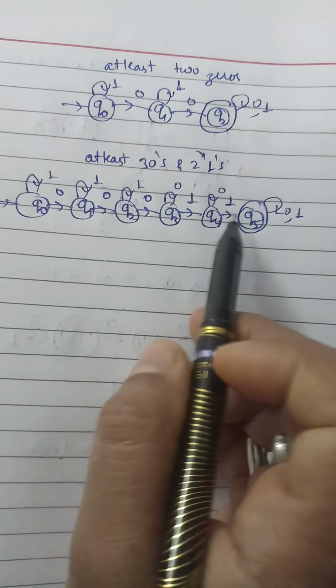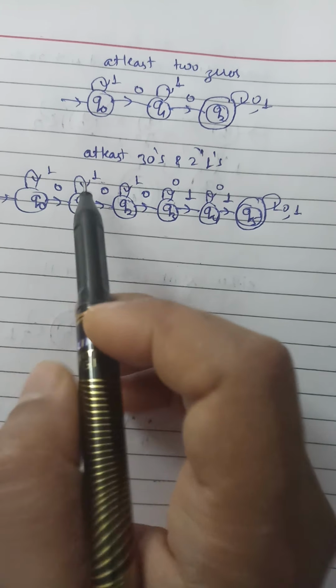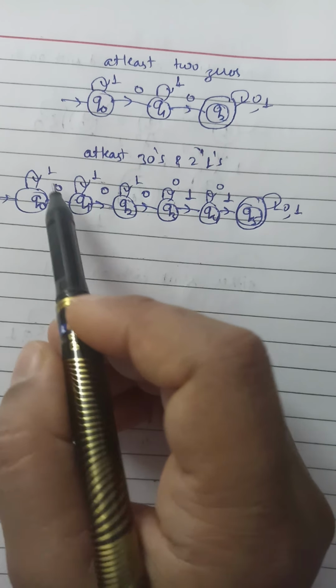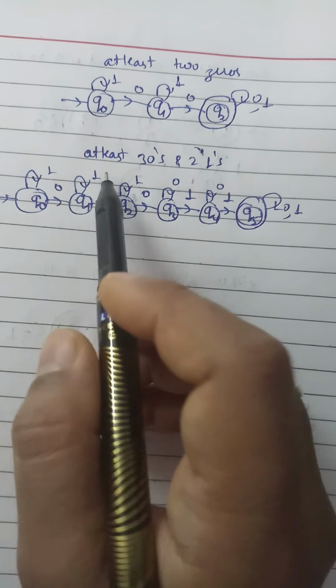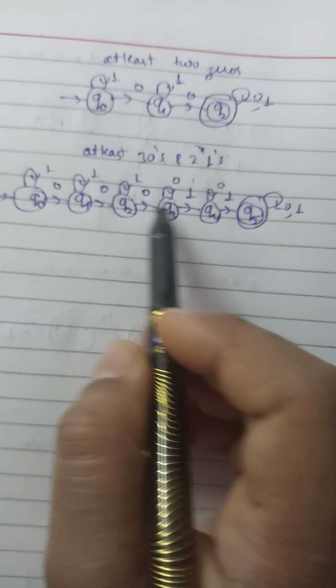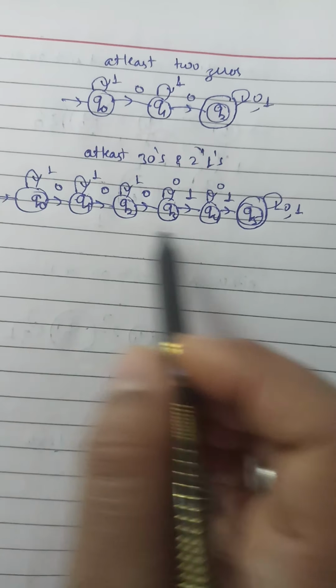So three zeros and two ones are there, and for the rest, as we all know, in DFA we will make sure that all the transitions go from each state, because the alphabet is 0 1, so one transition is for 0, one transition for 1, and that transition should not dissatisfy the condition. These transitions are not dissatisfying the condition because three zeros and two ones are there, so we will make a loop for the rest.